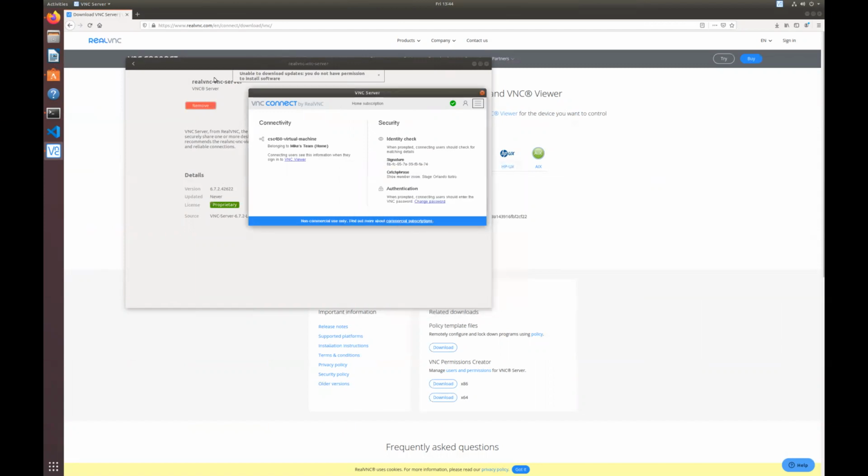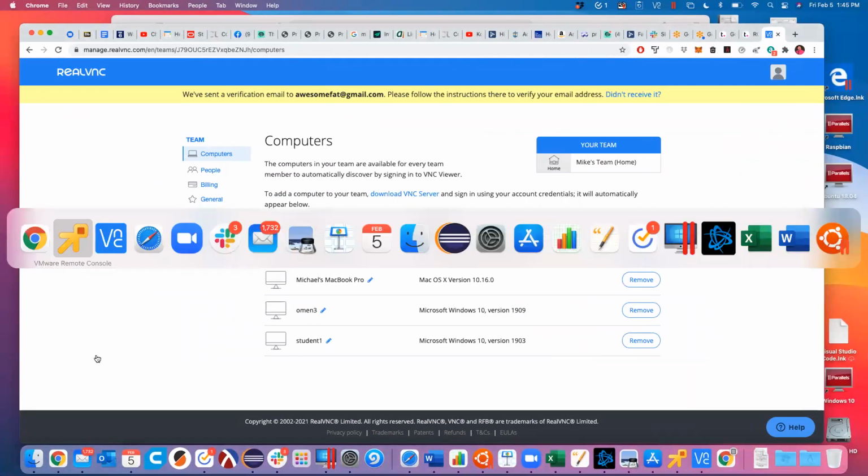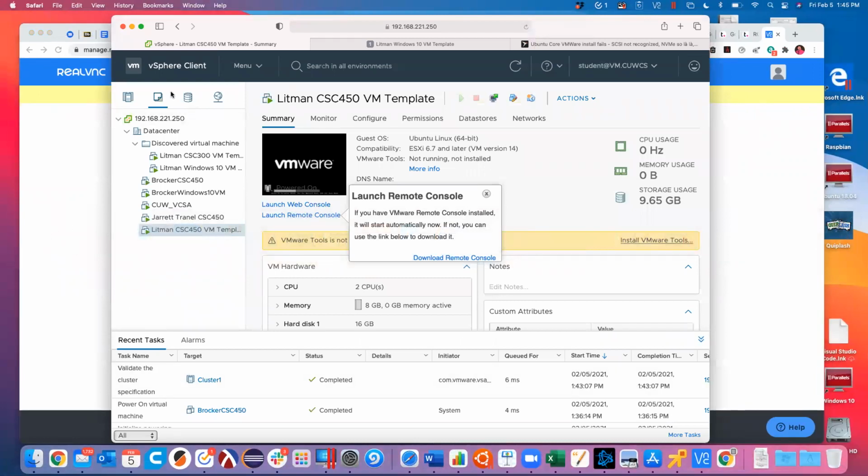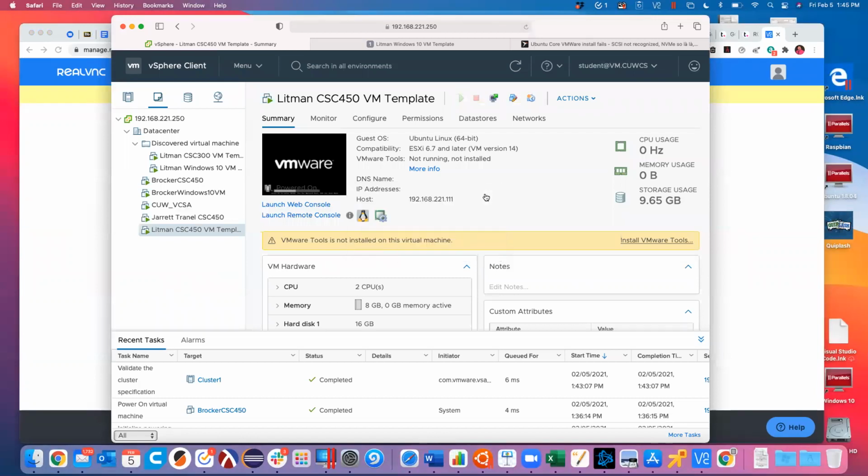So now if I want, I can go ahead and close this virtual machine here. Now the idea is that if I'm sitting here on CUWCS, I might as well access the computer directly. You log into vSphere, go to your virtual machine and launch it through your remote console, which gives you that bigger screen. If you need to just do something real quick, you can launch it in a web console. First time you'll have to install the software to download the remote console. I already have it on my computer. But if you don't have that,